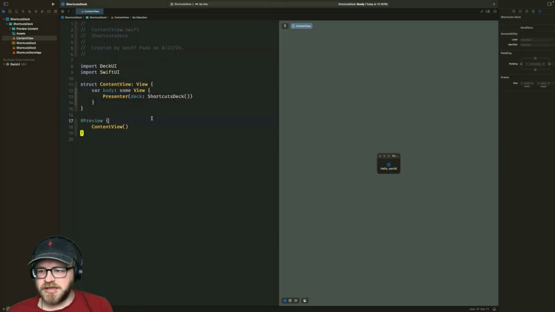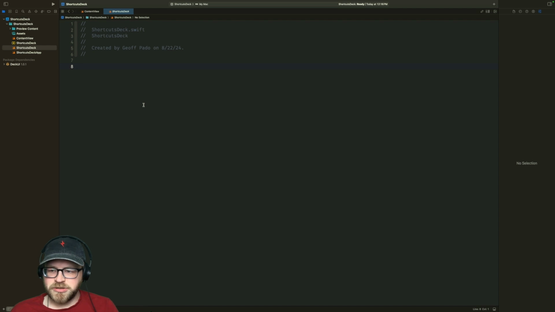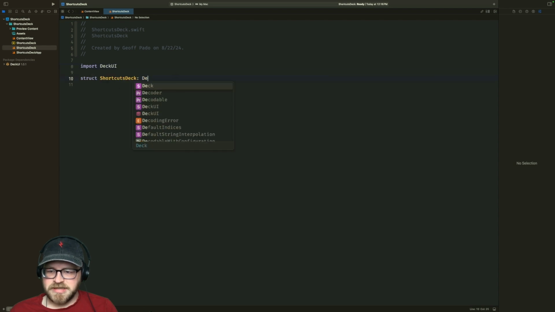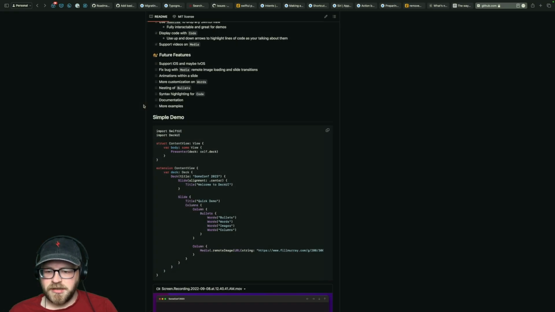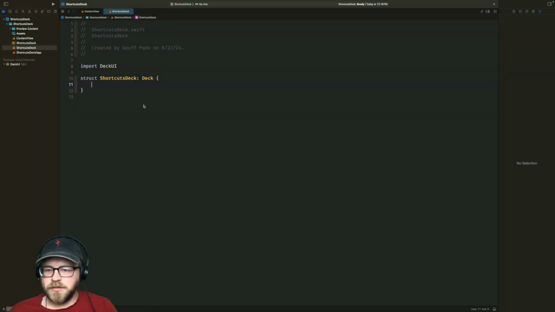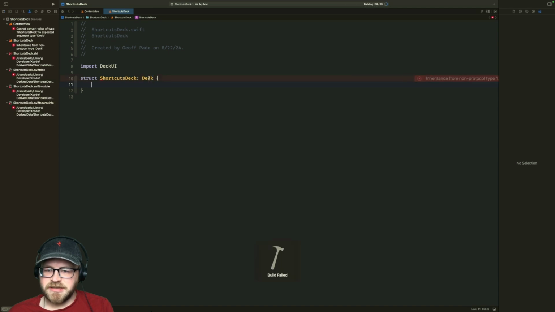Presumably just like that. Okay. So then we need our shortcuts deck, which I'm guessing conforms to deck. Okay. And then, oh, does it not conform to deck? Is deck a struct? Okay. That's fine.